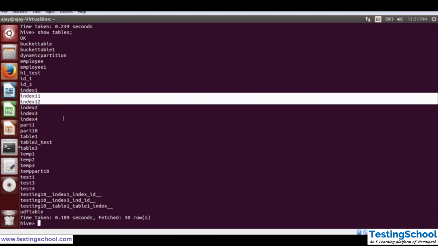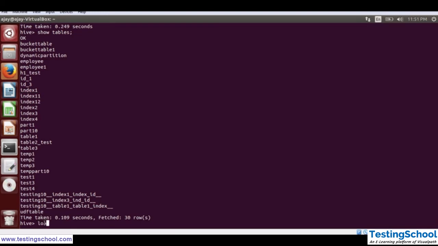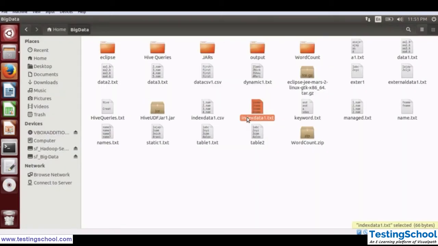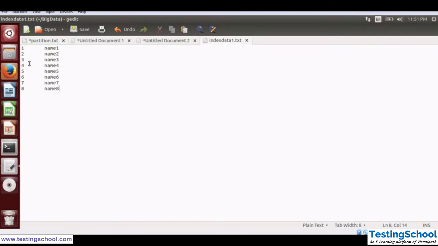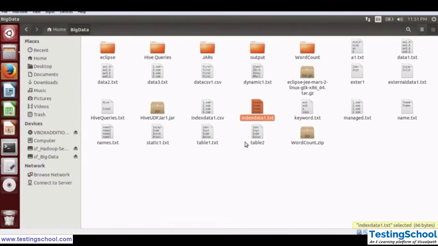So the first thing, we just need to load our data into these tables. You can use load data local inpath, then the path of the data. I have already created a data file, and that is index data. I have used ID and name. So let's take the path of this data.